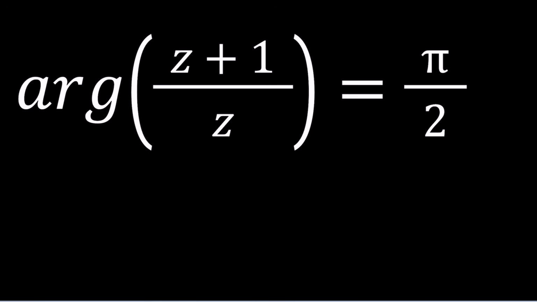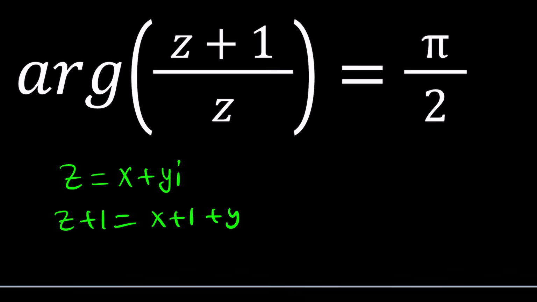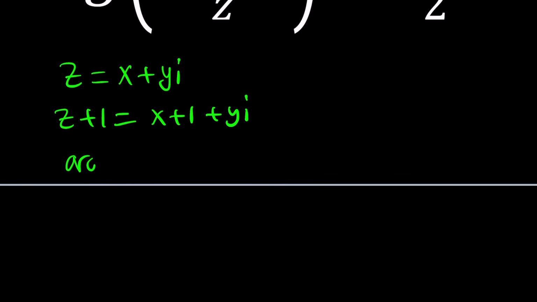We have the argument of a quotient. So what does (z plus 1) over z look like? Well, you can do a couple of different things here. First of all, which is a very common method, by the way, you can replace z with x plus yi. And of course, z plus 1 is just going to be x plus 1 plus yi. So I want to separate the real and imaginary parts. Let's go ahead and plug it in. Argument of z plus 1, which is x plus 1 plus yi, divided by x plus yi, is equal to